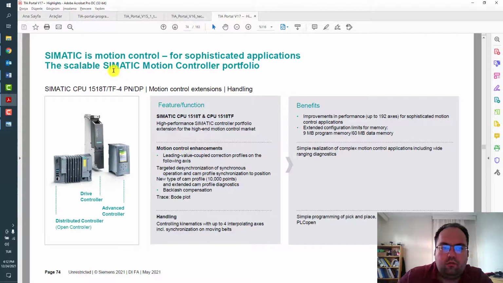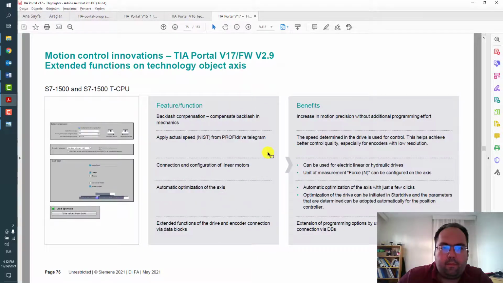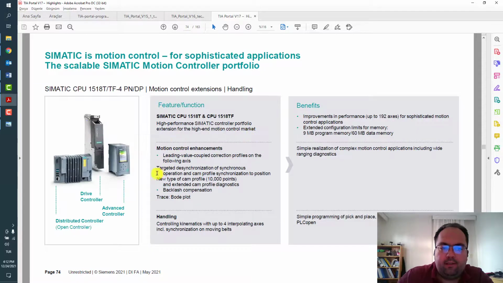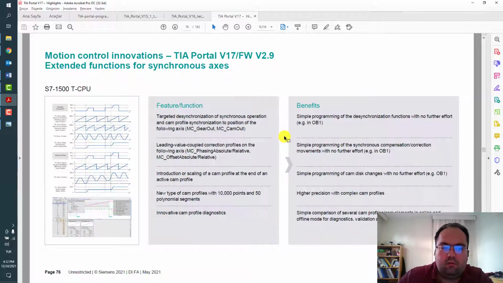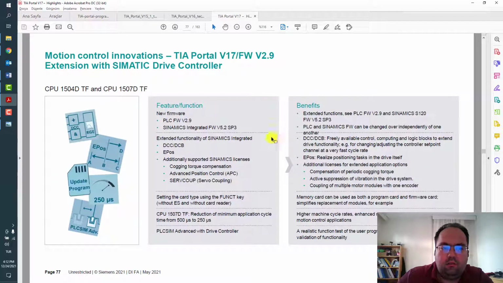Later on you should download and read it. And the new drive-based controller is also an important hardware release. Maybe in the future the old SIMOTION CPUs will be replaced with this new hardware.